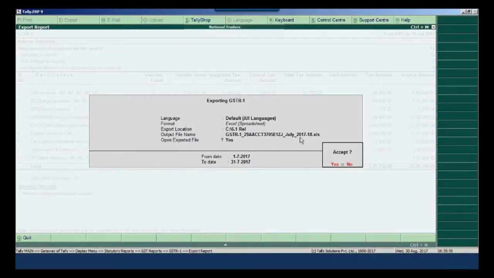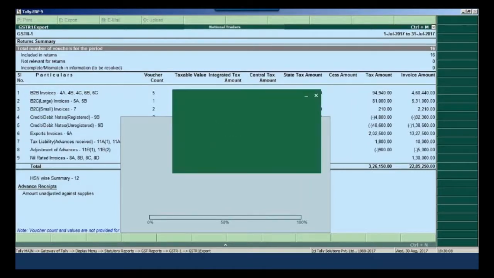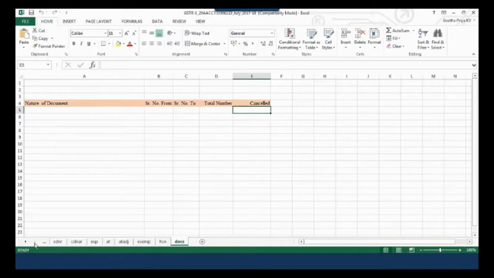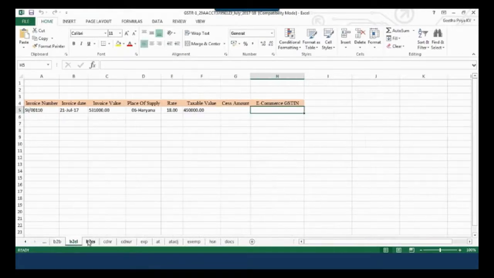2017-2018.xls. So this is the output file which gives you the same details as available in the GSTR-1 template. So let us accept this and you can see how the data is getting exported to Excel. All your serial wise information, B2B invoices, B2C, the adjustments and so on. So here are the details of exported information in the Excel workbook, your B2B invoices, B2C large, B2C small, the